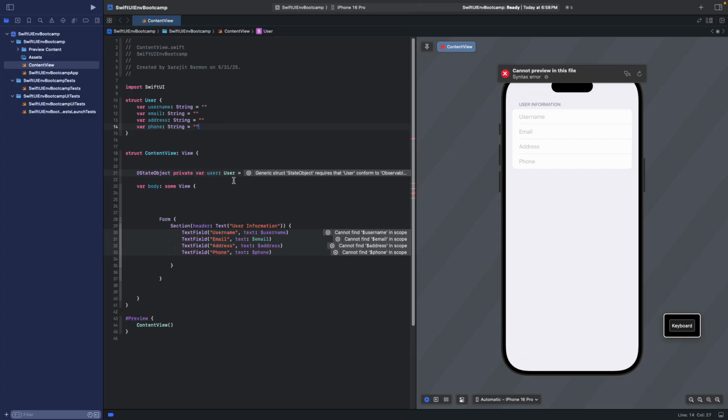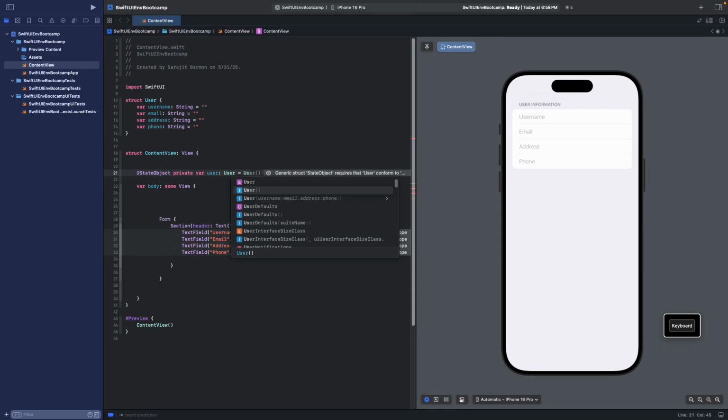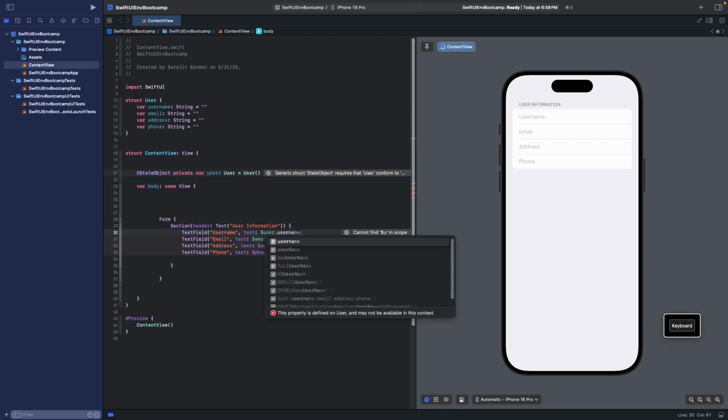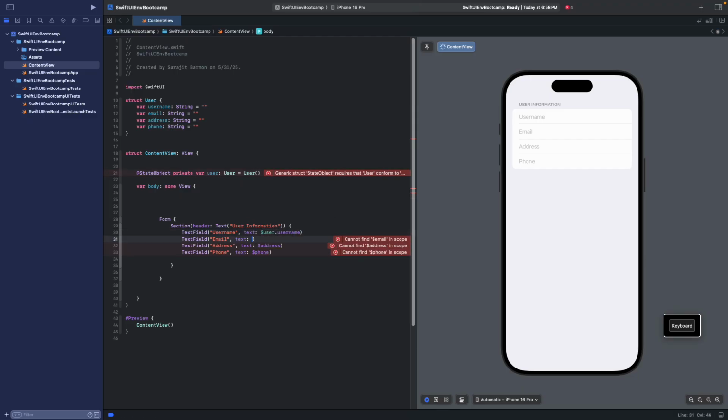Okay, so user is equal to User. Now let's add the string user. We are binding the state into the text fields. So user